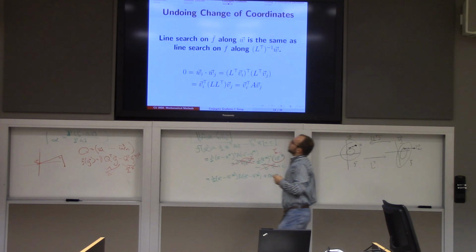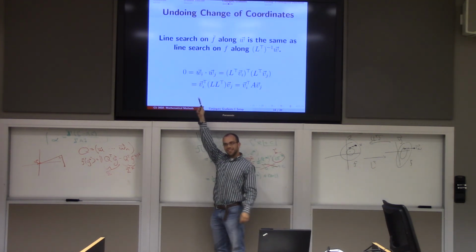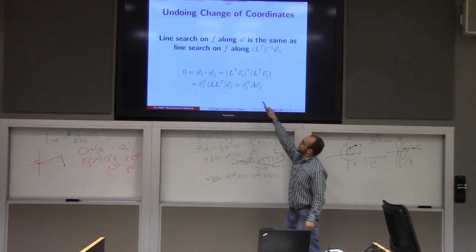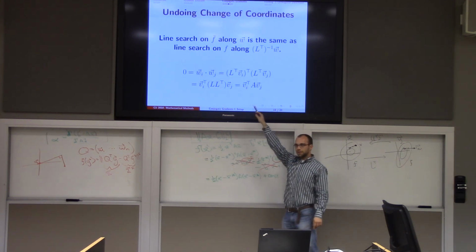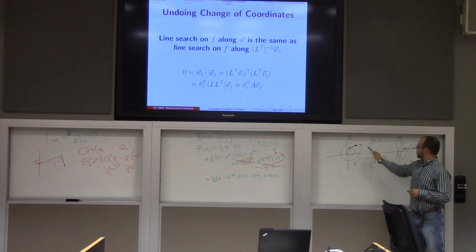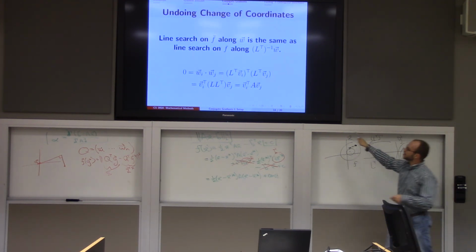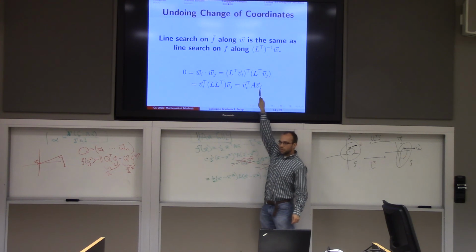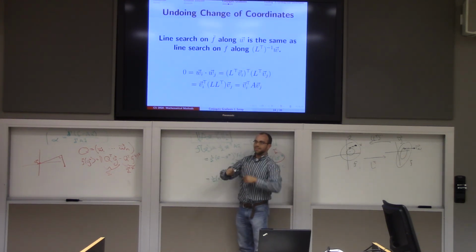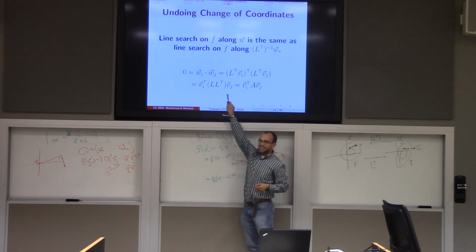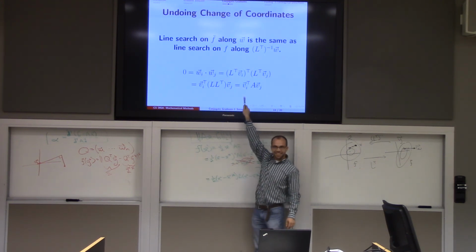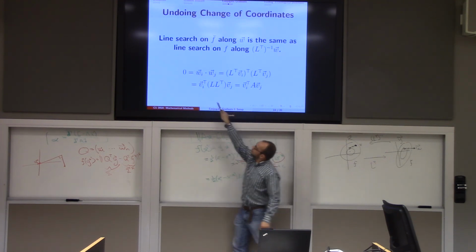And in particular, let's say that these are orthogonal. This is the case we just argued about line search. Well, now we can plug in what that means for the v's. Remember that w is equal to L transpose times v. Now this is a transpose of products. Same thing, product transpose, flip backward. But look, this is L L transpose. We have a name for that. It's called A. So, the two